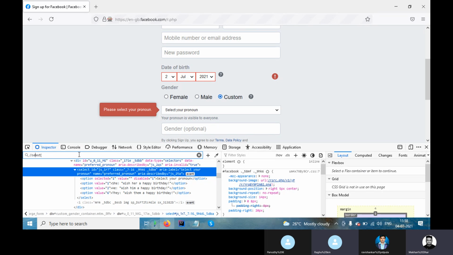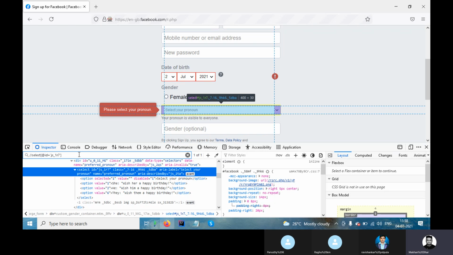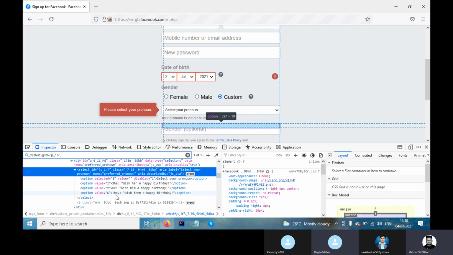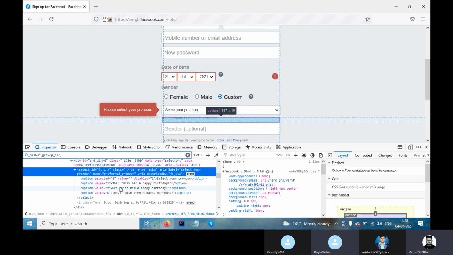I will go with at ID equal to this value. This is coming, but I want to choose any of these options. Then what do I have to write?